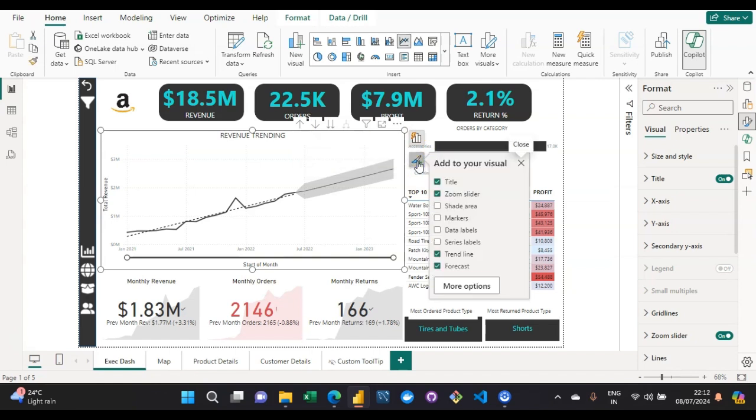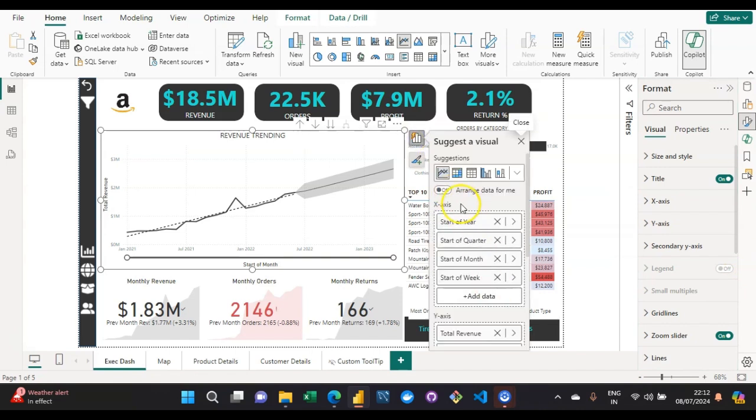Over here itself, you will get to see that we have more options. And one more thing, you have to make sure that there shouldn't be so many fields on the x-axis. Like you can see that we are looking at the total revenue with respect to start of year, then start of quarter, start of month, start of week. This is something we shouldn't do. As we have already discussed, in order to work with anomaly detection, you should make sure that you don't have these multiple values in your x-axis. There should be only one feature that you have on your x-axis itself.